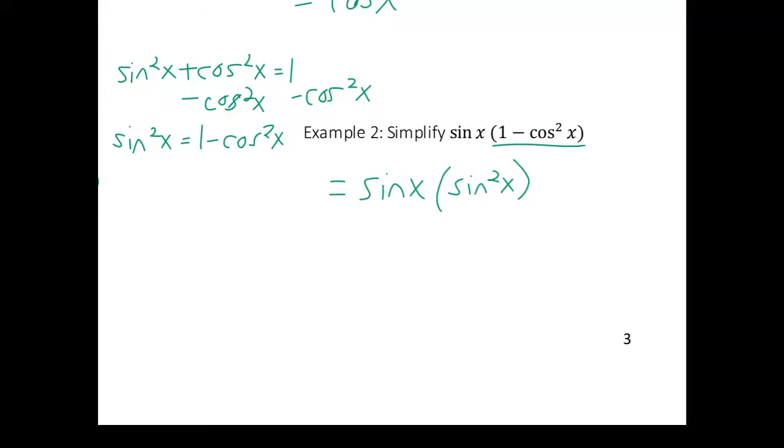Now here again, this is like a previous example. We have sine of x everywhere. If you think about it, this one has a power of 1. We don't typically write it, but it has it. So what we're able to do at this point is, again, use our exponent rules, not even trig related. We can add the 1 and the 2, and we get sine cubed of x. So again, we're looking to dwindle it down as much as possible, get it to look a little bit cleaner, maybe get it down to a single term, as has been the case for most of these. That's our goal with these kinds of simplifying problems. All right, so let's take a look at